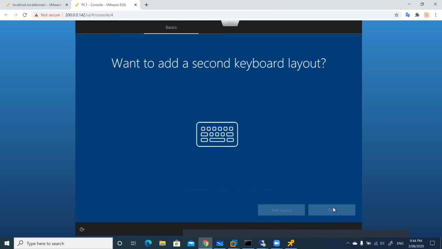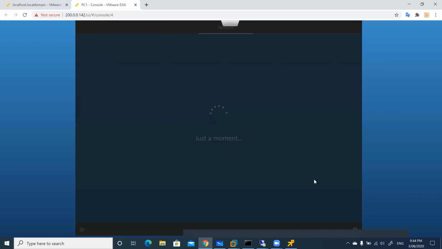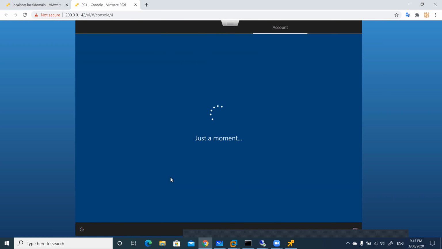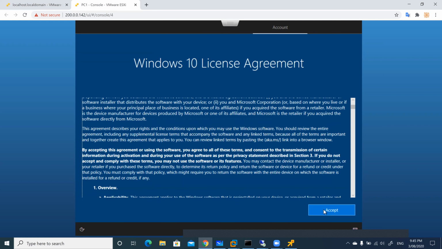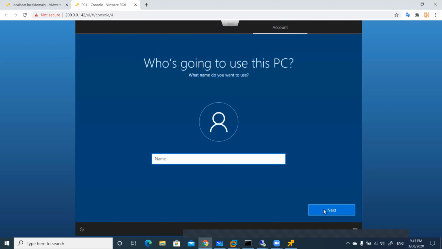And I say skip because I don't want to add any second keyboard layout. Yes. There is no internet, so that's why I'm skipping for now. It's like a normal setup. Everything will be normal, but the only thing is that it will show only Windows 10 Pro, what you have provided, and everything will go as usual.